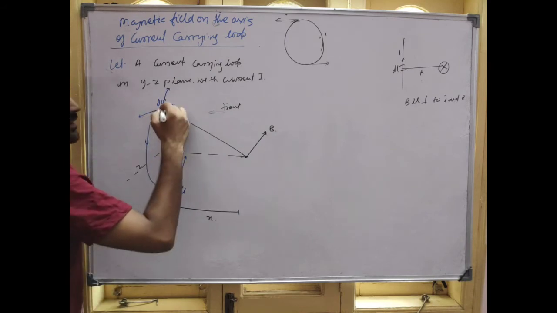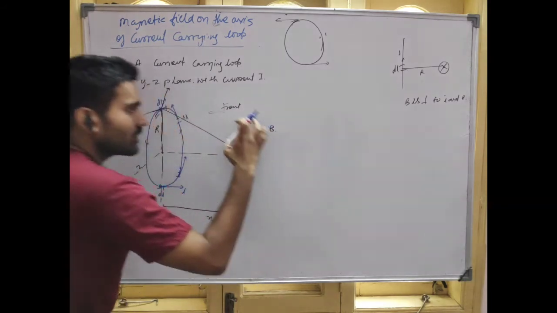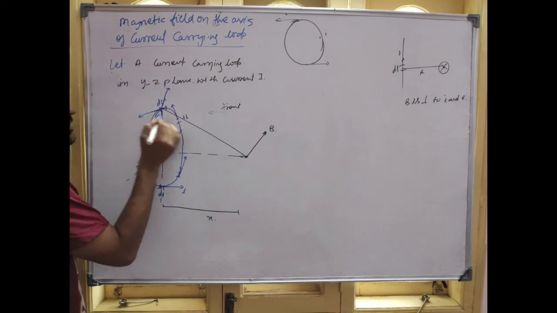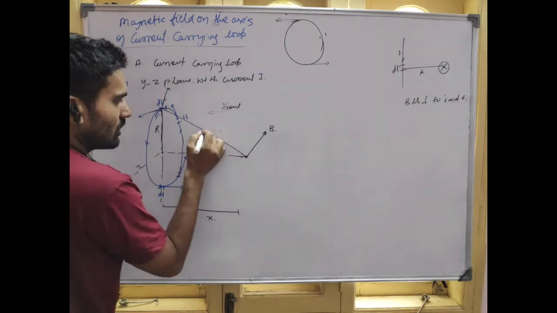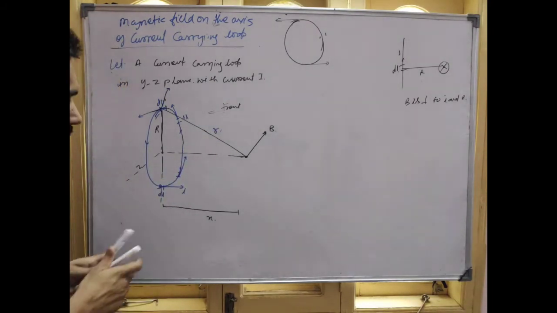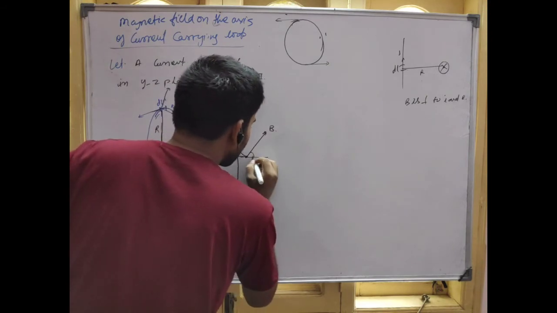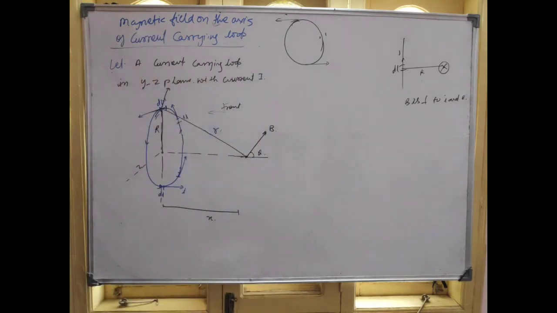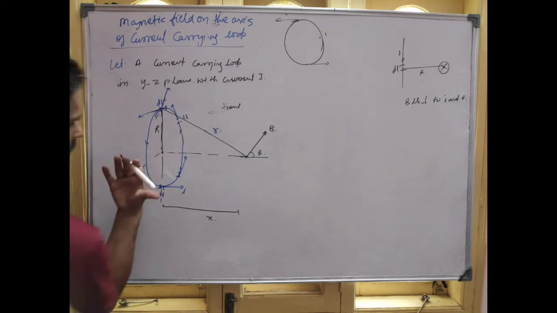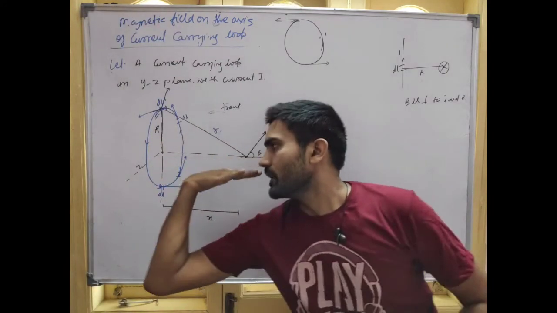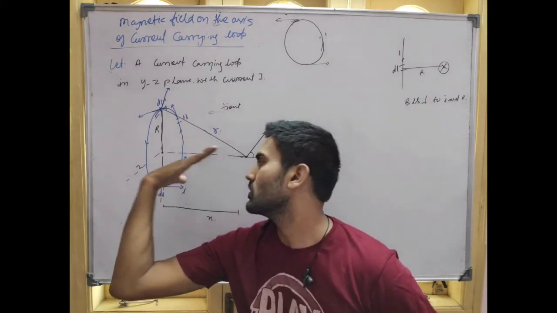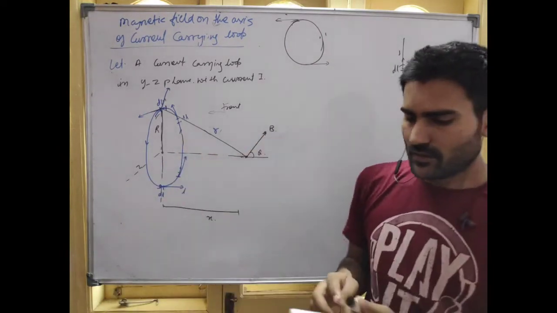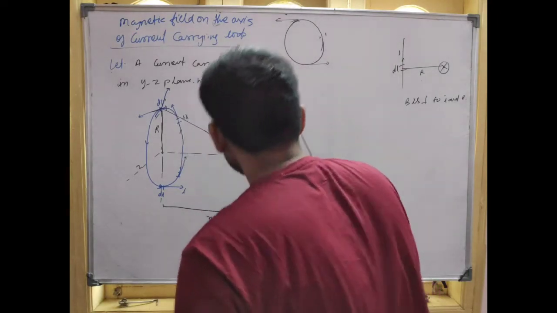Are you getting my point or not? See, you can shift it here. Ultimately it is perpendicular to this and perpendicular to this. Let us suppose it is making an angle theta from here. Can you tell me how it will be from downward? Like this, downward. See, if you do like this, it will be downward. Yes or no? So it will be like this. It is also making an angle theta from here.